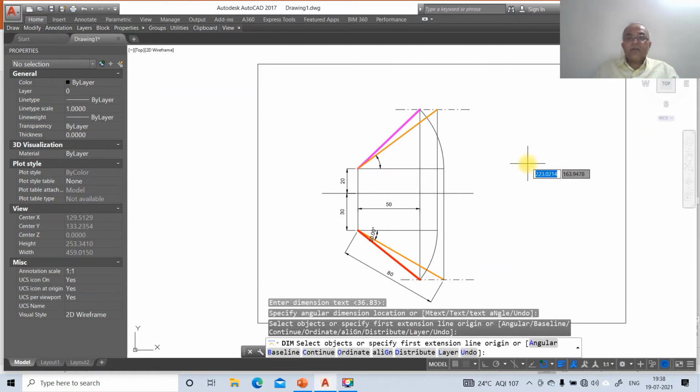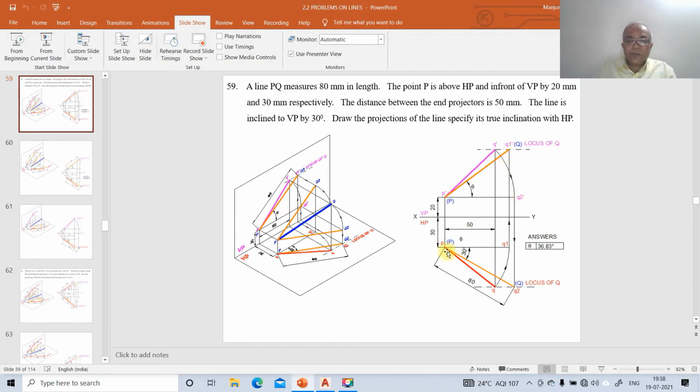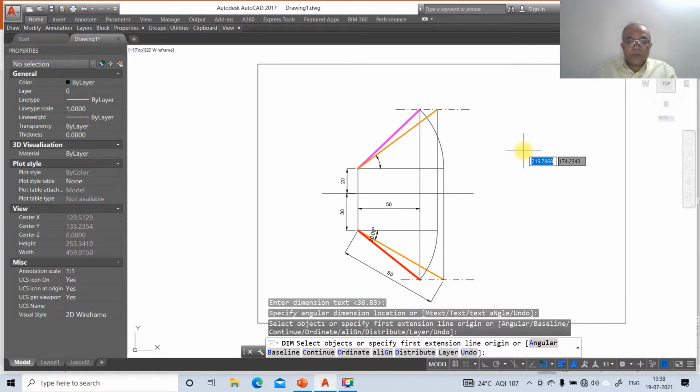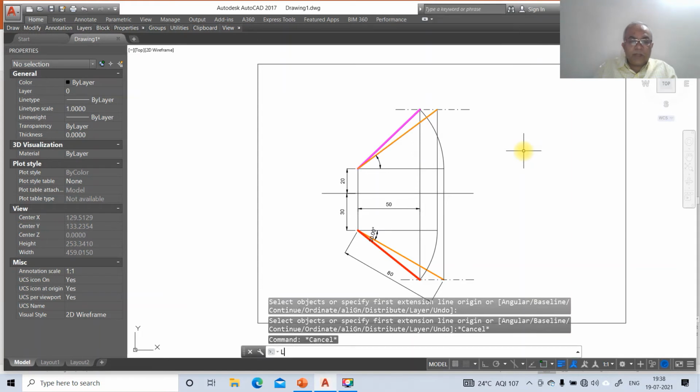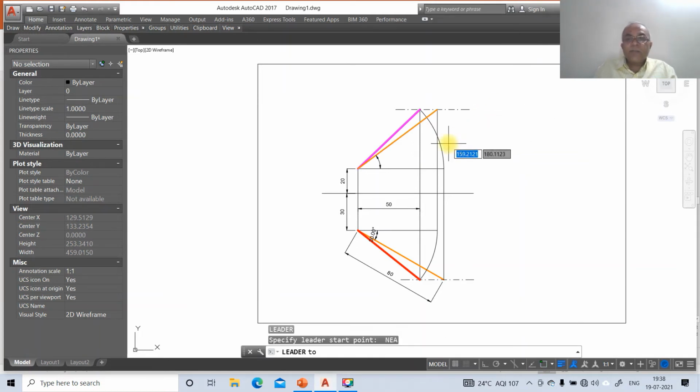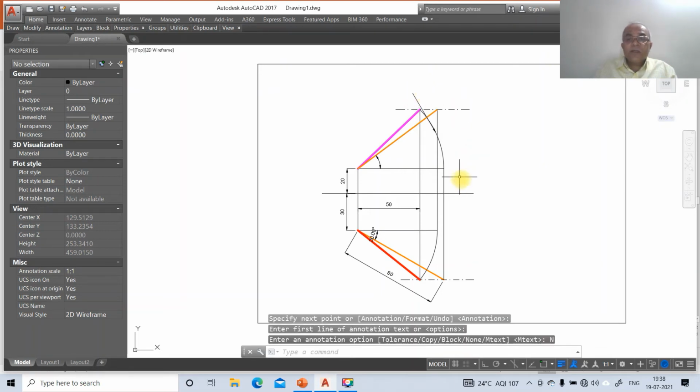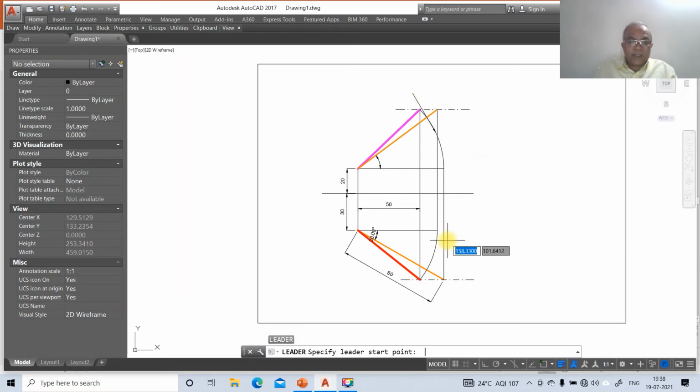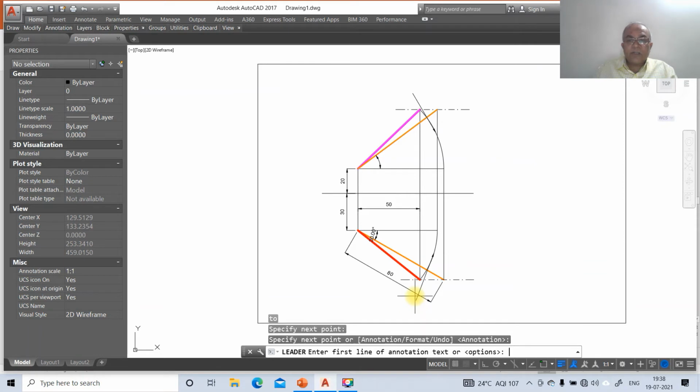Now once you do that, we need to show the arrowheads, then go to the directions, so you rotate like this. So go to leader, take nearest on this and draw a tangential to this arc, annotation option. Similarly, leader, take nearest on this, so draw tangentially to this arc, annotation option.